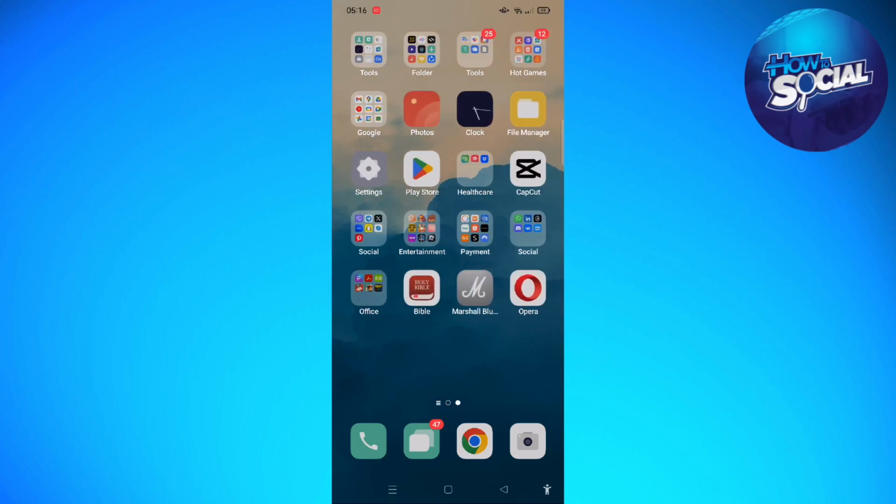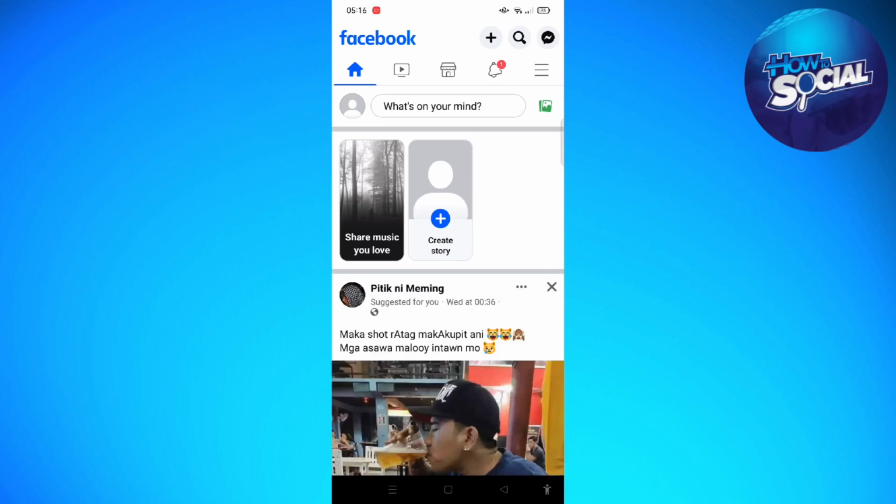So if your Facebook dating app is not working, one of the possible reasons for that is you are under 18, or at least your account says so. If you are 18 years old and above, and your Facebook account does not say so, what you can do is change your birthday in your Facebook. And to do that, tap on the three horizontal lines that are available on the upper right part of your screen,